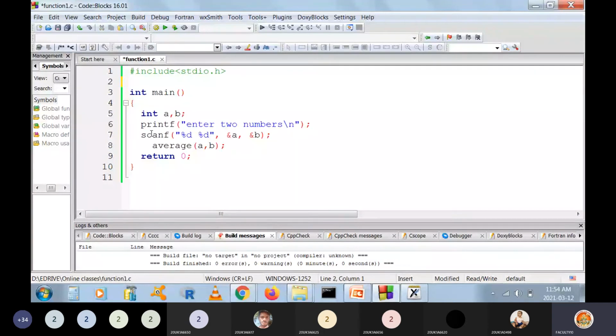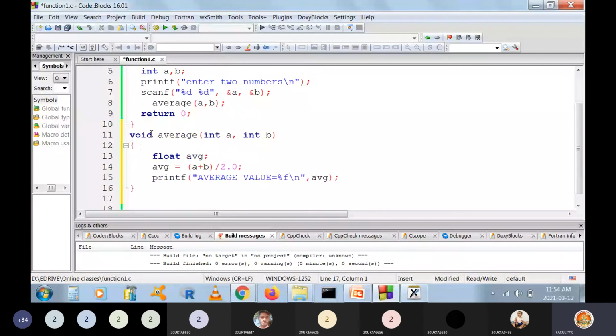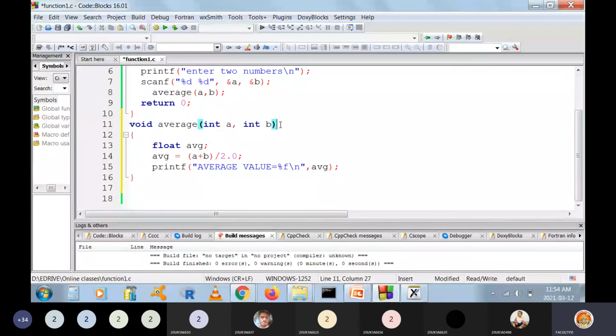Because we start writing main first, we assume that we have a function, we call that function, and then afterwards we define the function. Now see, this is the function definition, this is called the function header, and whatever is present within the braces is called the function body.